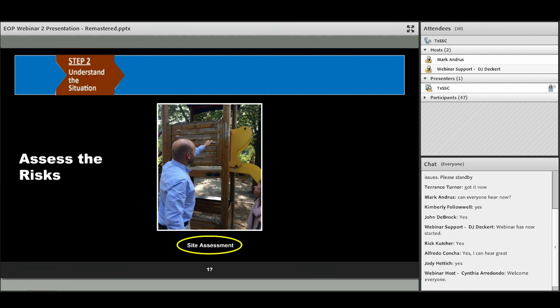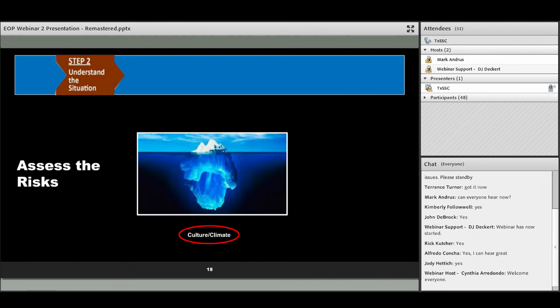You might look at your playgrounds, like the picture shows here, or chemistry labs, or your special event venues, and access to your facilities. All those can be viewed from doing a site assessment and seeing how students move around, how the public comes to your facilities, how supplies are delivered, all sorts of things. But assessing those risks and making sure that you have a wide view of all the different types of hazards and threats and what risks they may pose throughout your campus.